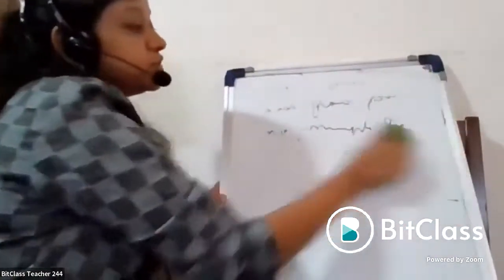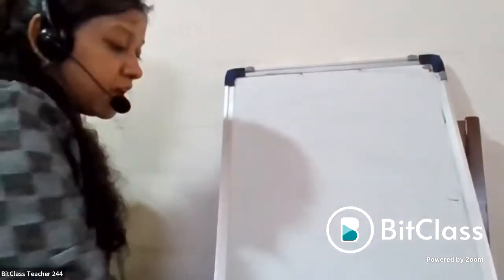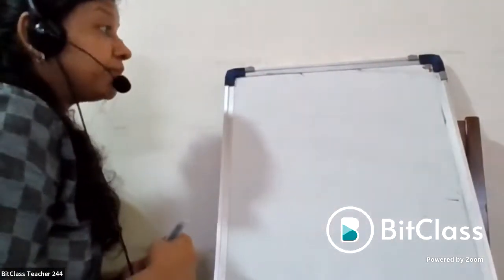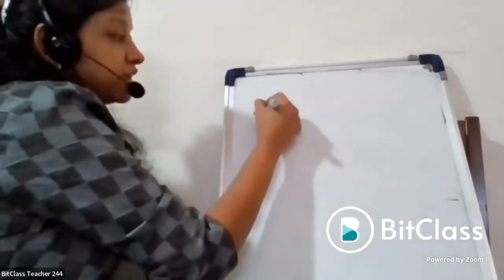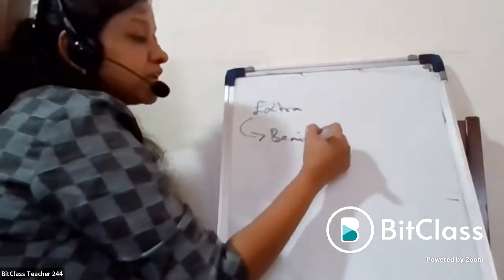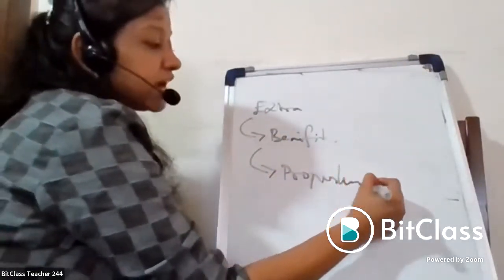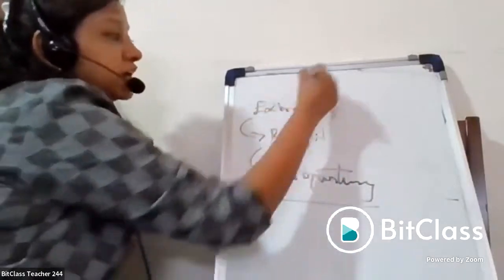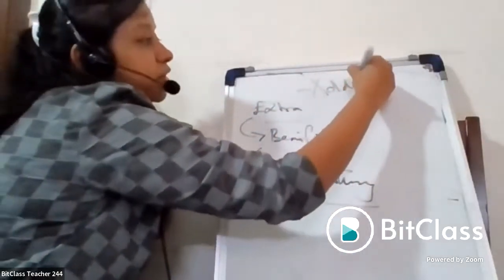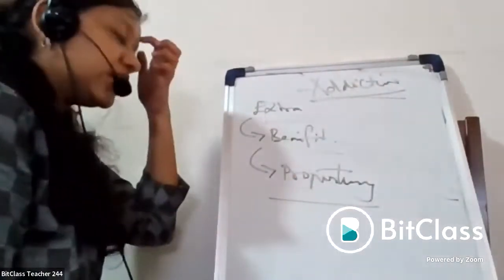Don't get confused, I'll tell you. We are adding something extra into the soap, and that extra will give a benefit to the skin. Why add something extra? For a benefit. How will the benefit come? From the property of the product. Whatever property it has, what you get from that is called an additive. This additive can be of different forms that we can add.